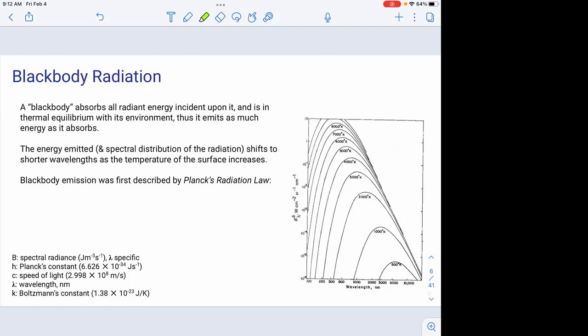So think back to your physics courses and remember that blackbody is really a description of a container or object that absorbs all radiant energy that's incident upon it. And it's in thermal equilibrium with its environment, so it emits as much energy as it absorbs. And so the energy is emitted in the form of heat and light,